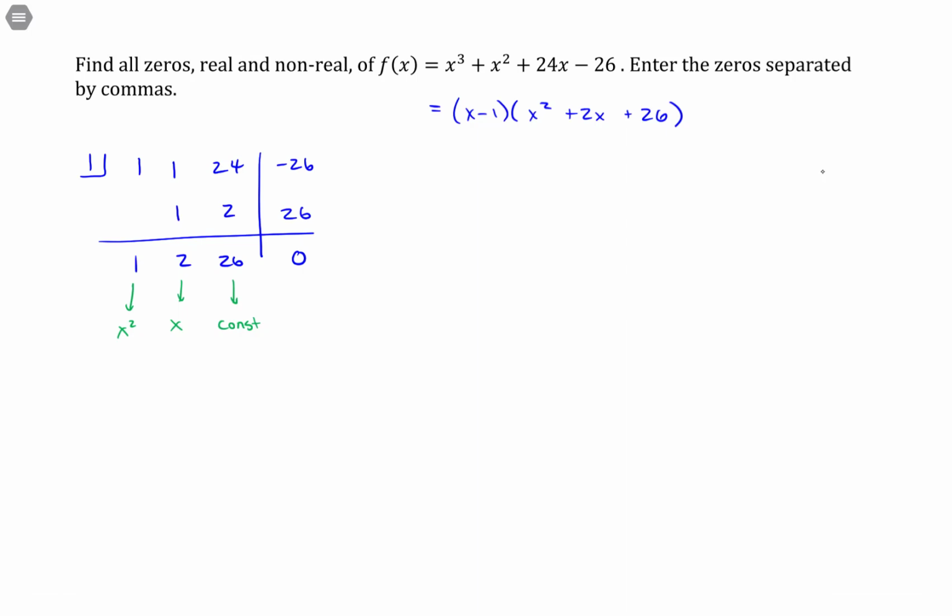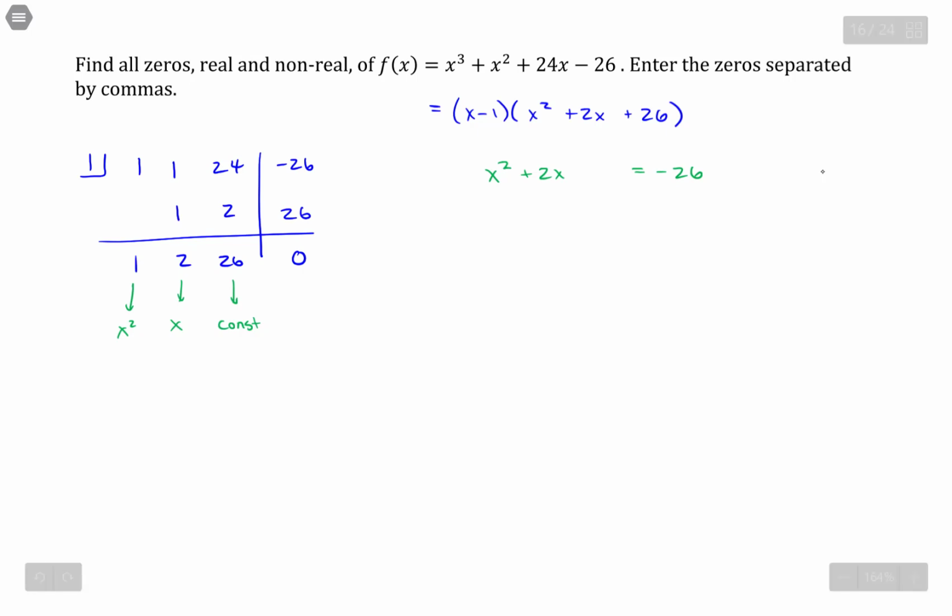In the quadratic, we have lots of different ways of working with. We don't need to use a graph or anything else to try and find zeros. This won't factor. 26 is much too large to find values that are going to add up to 2, I believe. So what we will do is just go to one of our more advanced methods. The one I think I will use in this case is completing the square, because all the coefficients are relatively